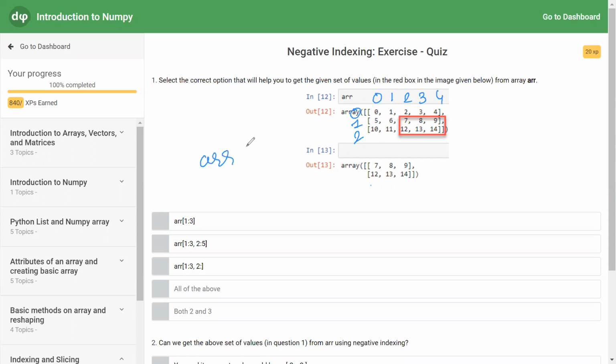So arr, it will run from 1 and it will run till 3. Why? We want last index -1. So this will result in 1, 2. Here what we want? 2, 3, 4. So we will start from 2 and we will run till 5. So the result will be 2, 3, 4.